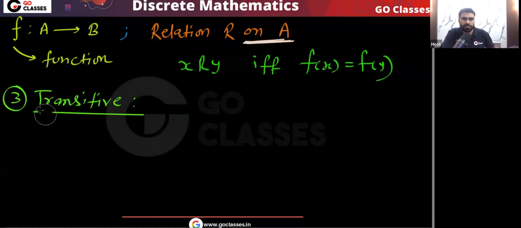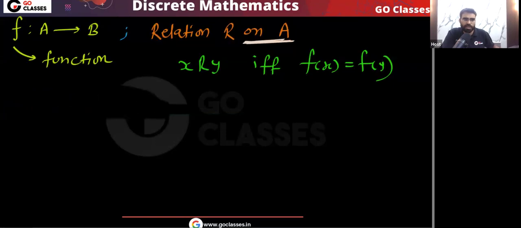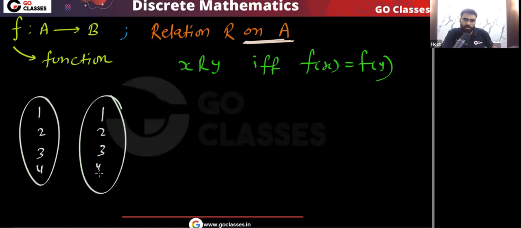Let me tell you. We have already seen R is an equivalence relation, right? Now I am giving you a function, and then you tell me how many equivalence classes are there. Let me give you a function from 1, 2, 3, 4 to 1, 2, 3, 4, 5. Let's assume that 1, comma 2 are mapping here, 3 is mapping here, and 4 is mapping here. This is the function f from set A to set B.